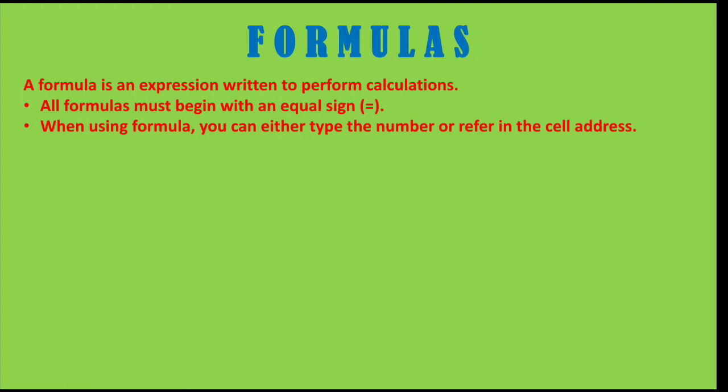This is one way you can write, or we can refer to the cell address. Suppose 50 is in B1, 60 is in C1, and say 70 is in D1. So I can write equal to SUM, in the bracket, B1 to D1. We can write like this also. So it will refer to whatever values are entered in a particular cell, and those values will be added.